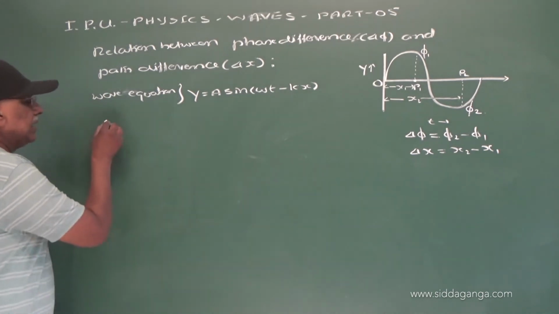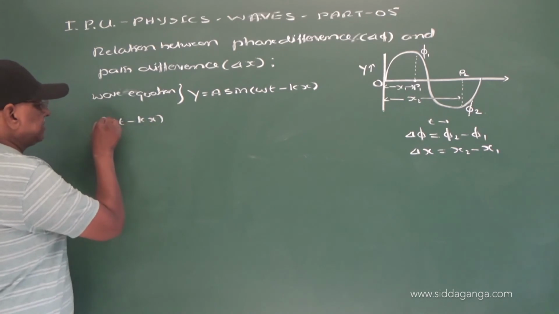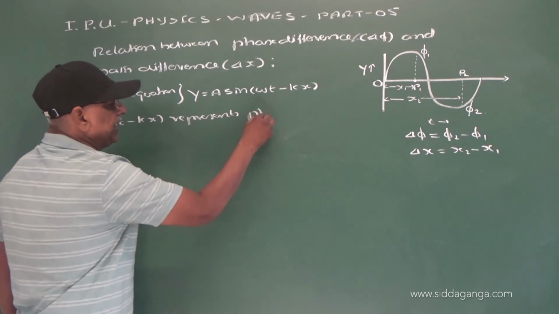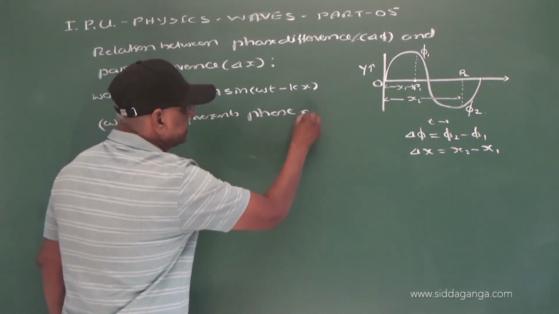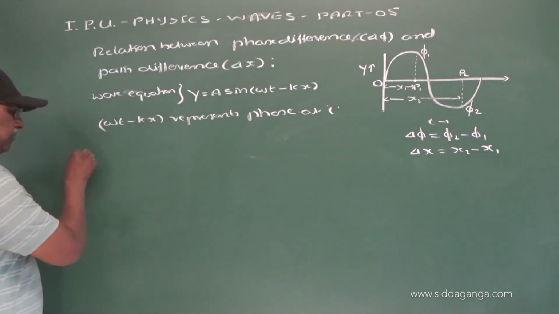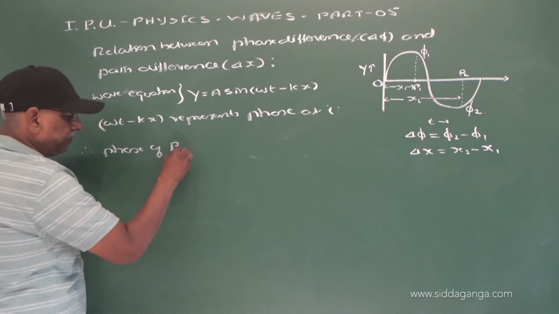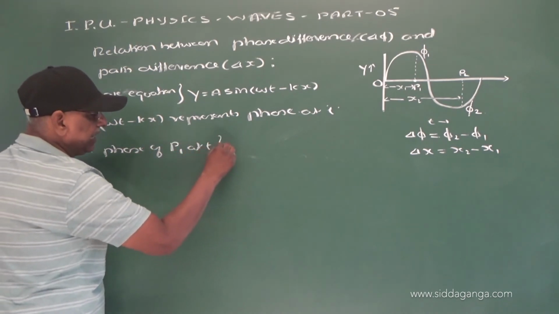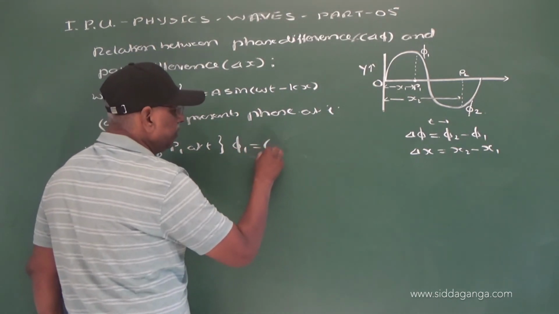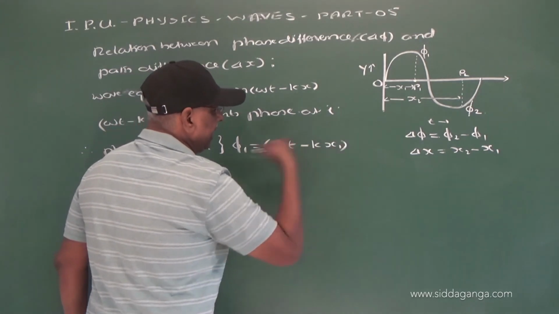Here, this omega t minus kx represents the phase at time t. Therefore, the phase of P1 at time t, phi 1, is equal to omega t minus k x1,